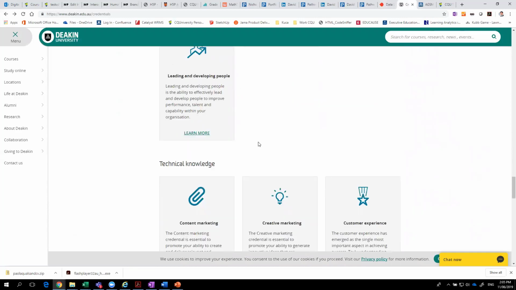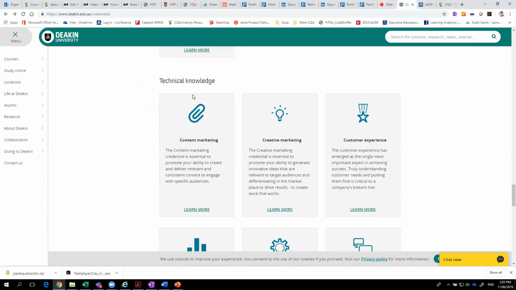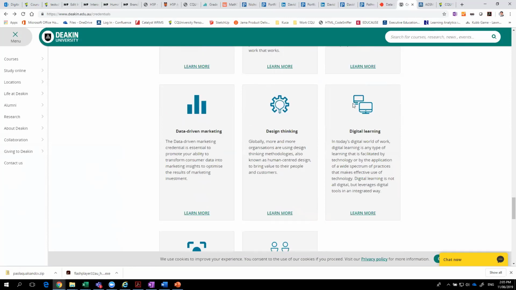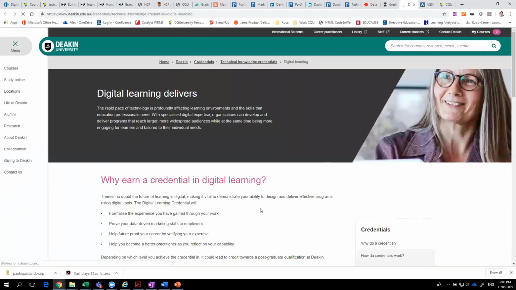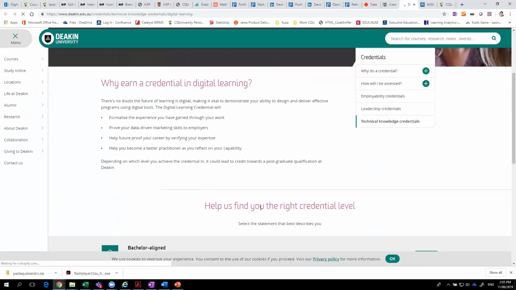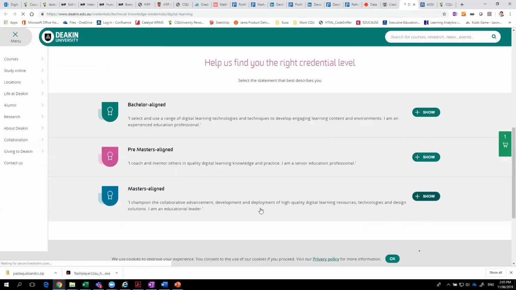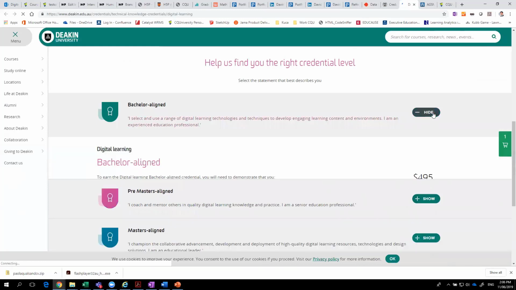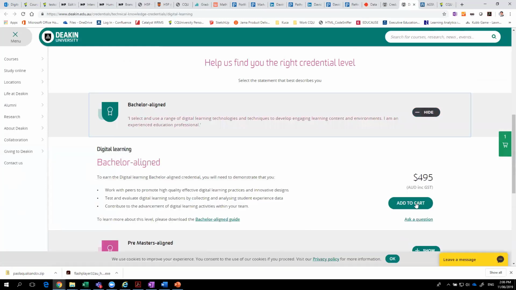In technical knowledge, for example, you can learn about digital learning, which is interesting for us as an audience here. They've then aligned it with three layers of competency: bachelor aligned, pre-master's aligned, or master level aligned. You can find more information about it, what it costs, add it to a cart, and enroll.